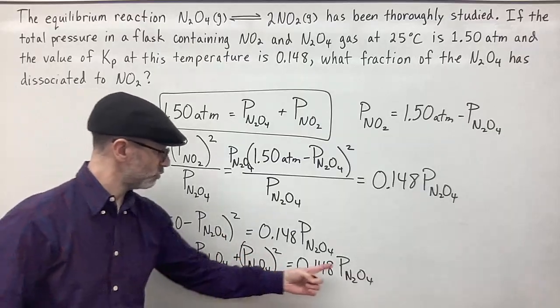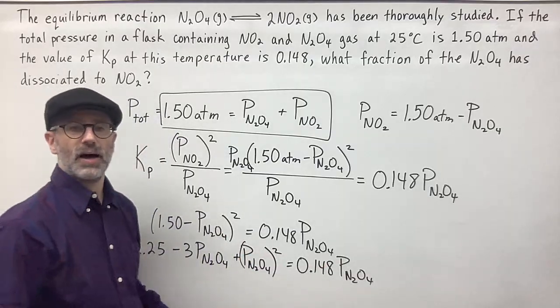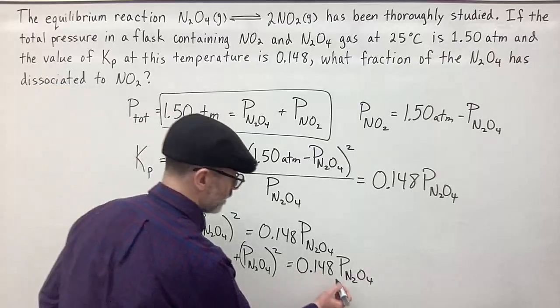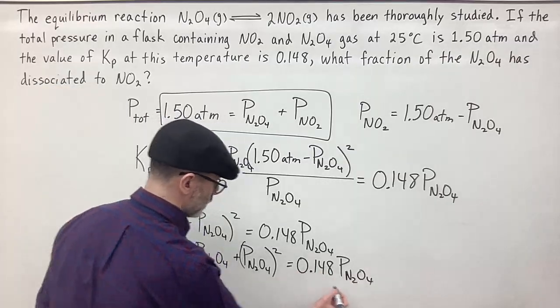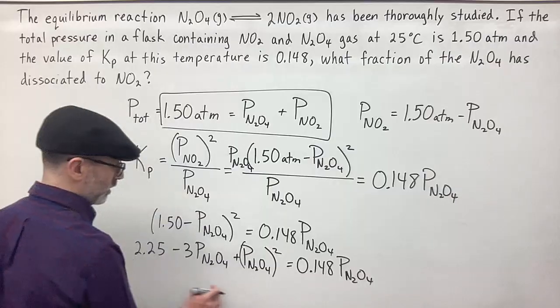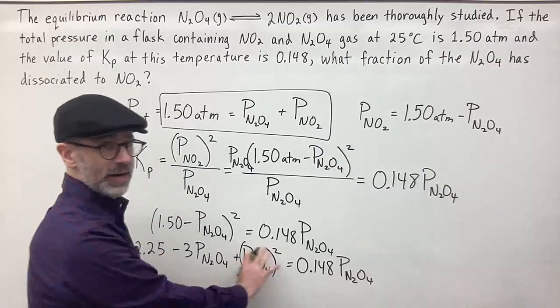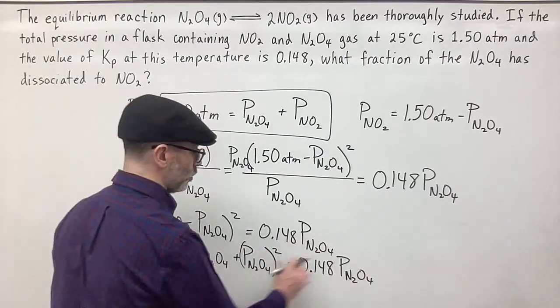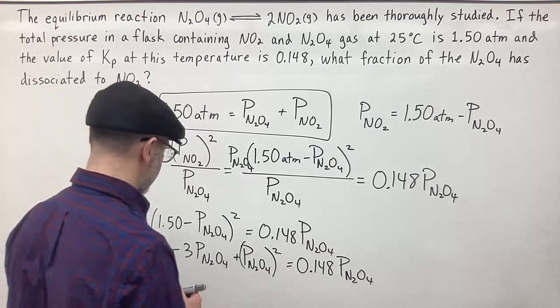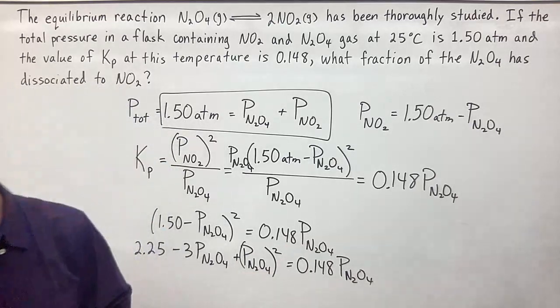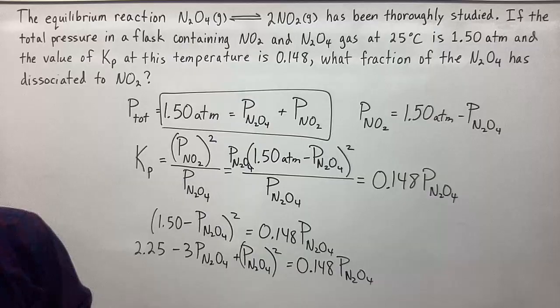This is equal to this on this side. And now I can bring this over here, so I can subtract from both sides. So I can bring this over and then have my quadratic equation equal to 0. And when I do that, I get, let's see if I can write this straight,